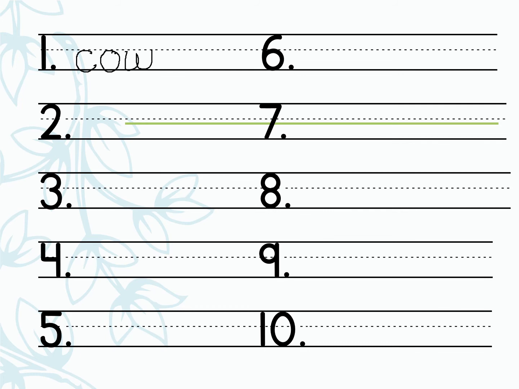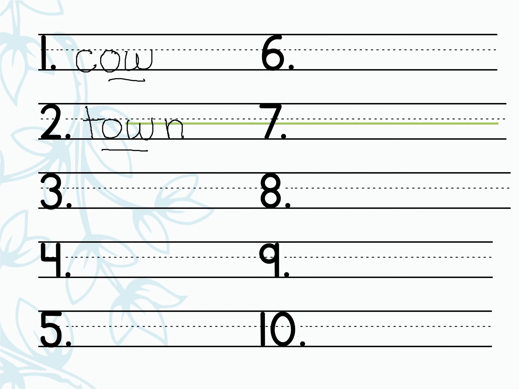C-O-W. Number 2, town. Town. All right, first I hear a t. Ow. I hear an O-W. Town. And an N at the end of the word. So far we've had 2 OW words, cow and town. Your next word is